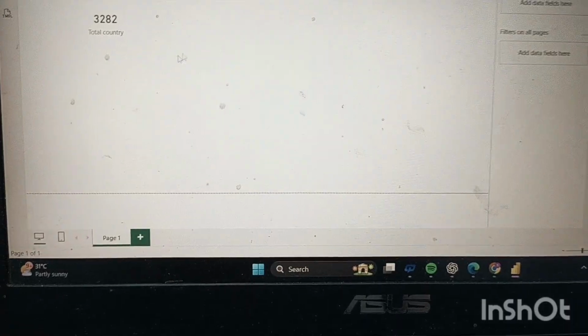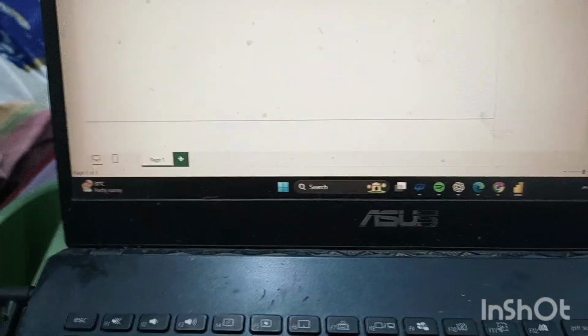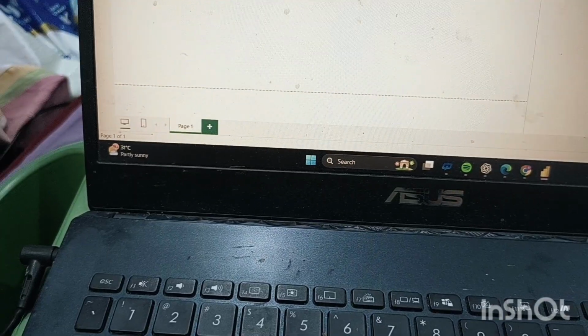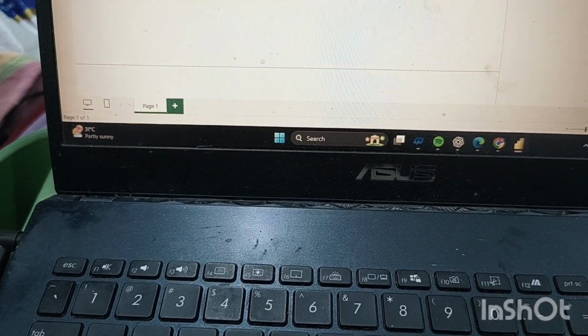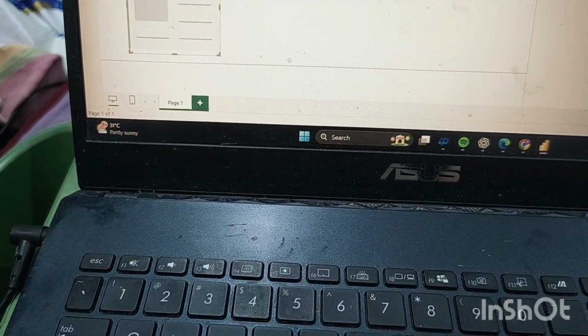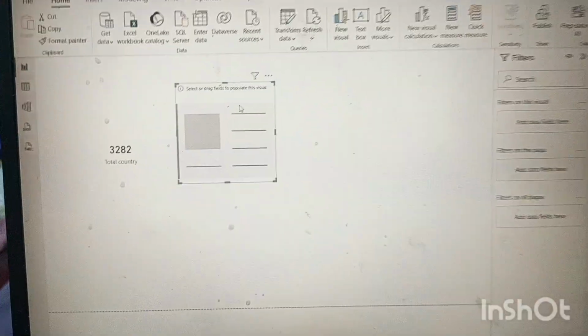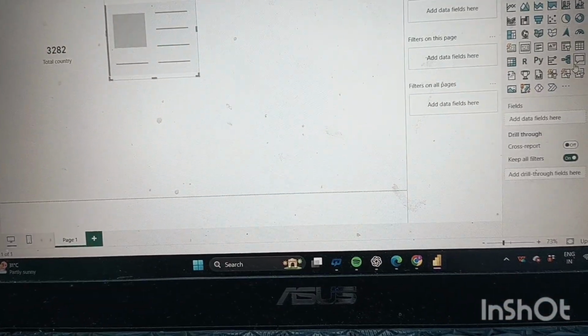So as we have created total country here, we are going to perform one thing. And what is KPI? So guys, cards and KPI are both the same. This one is a card and also called KPIs. By using this one, we will visualize all our DAX functions.